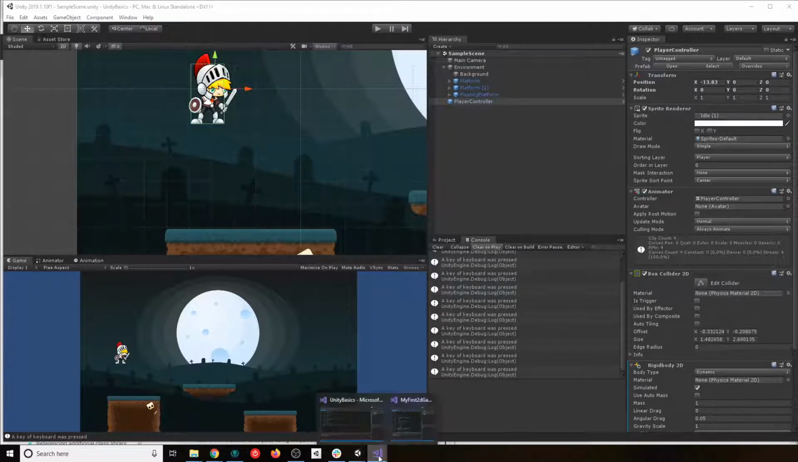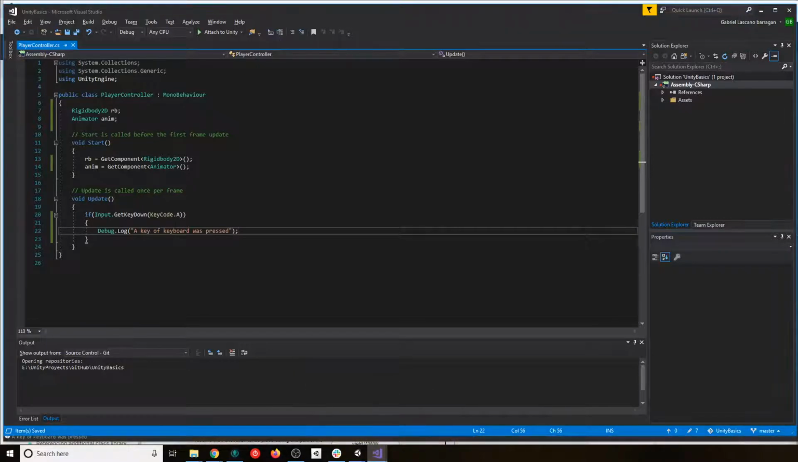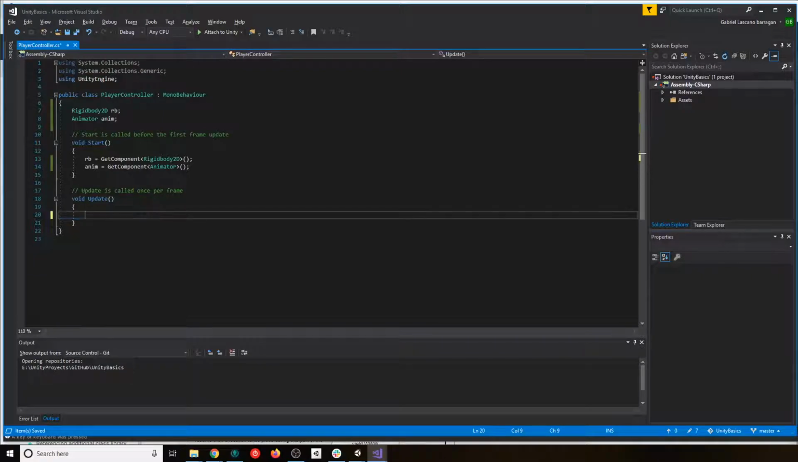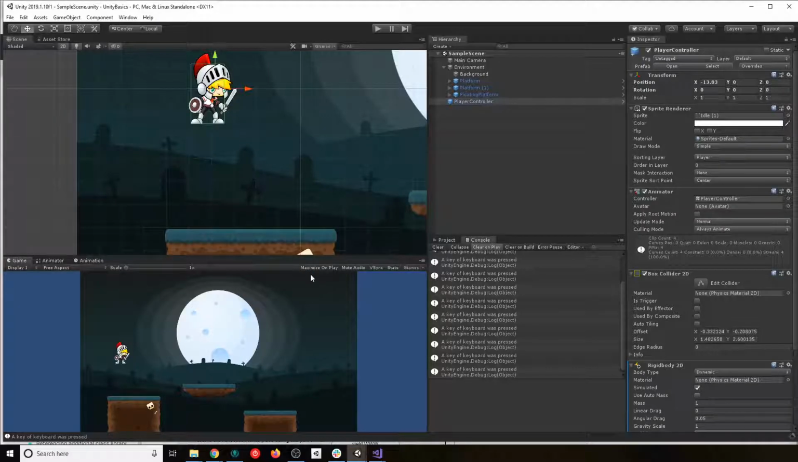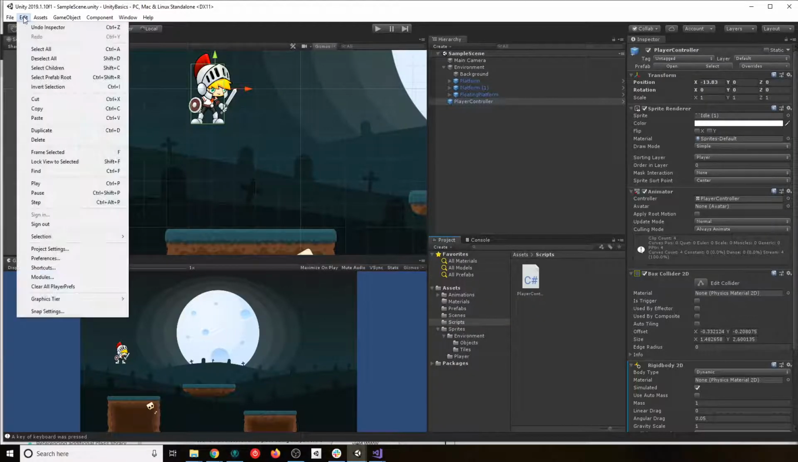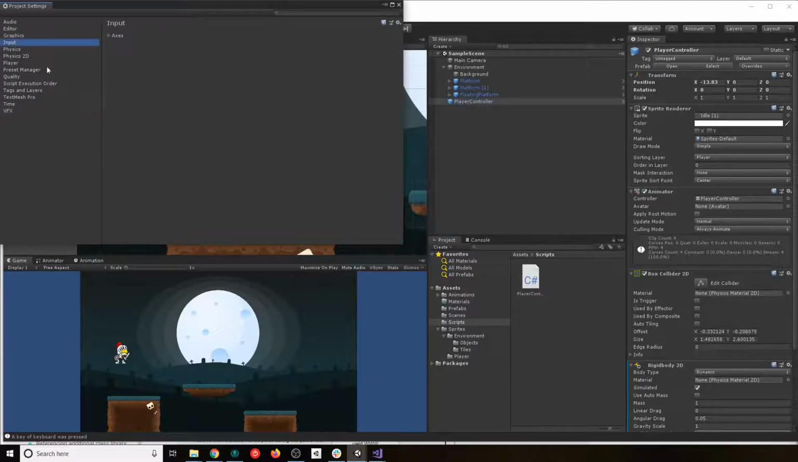I can just go and get my input from that key, but that might not be the best way to do it. This is great code to use, and we will probably be using it for different things, but Unity also has something that helps us with these kinds of situations, and it's amazing. Something pretty cool to have. If we go to Edit, and we go to our Project Settings, and if we go to Input,